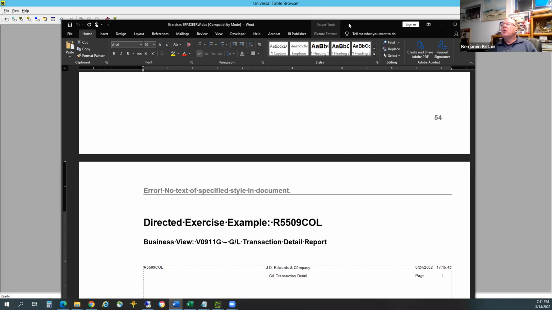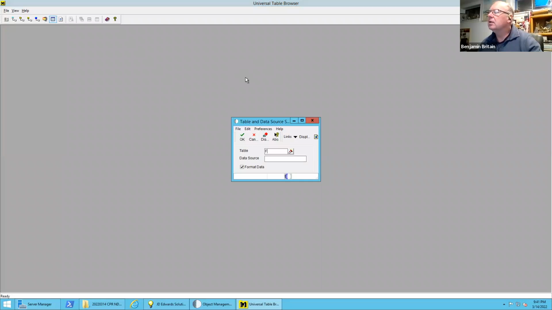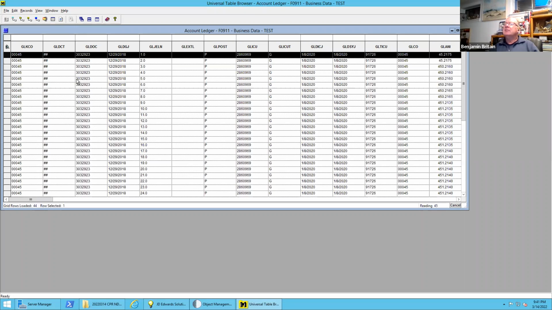So I'm going to open up the F0911 in the Universal Table Browser. I'm going to say OK, and I'm going to look at the data. And I'm going to see if there is a document